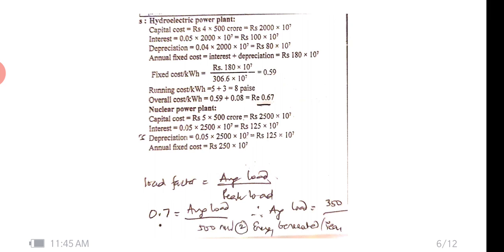So in 1 year, how many units of electricity are generated? That is nothing but 350 megawatt into 8760 hours. This becomes 306.6 into 10 raised to 7 megawatt hour. Please, I will repeat, 350 megawatts of power into 1 year, which is 8760 hours, becomes 306.6 into 10 raised to 7 megawatt hour. First, this is how many units are generated. Now let us look at the